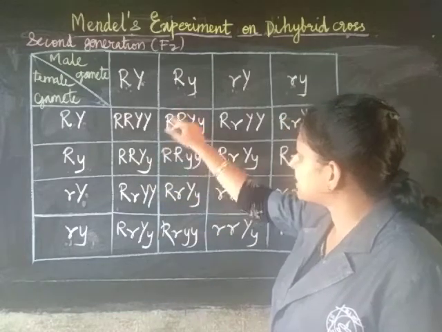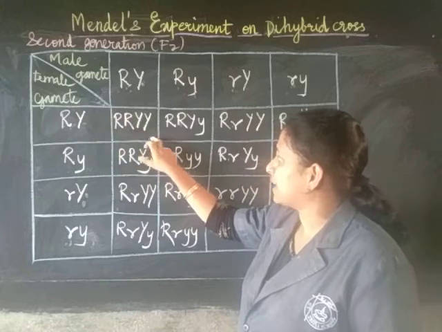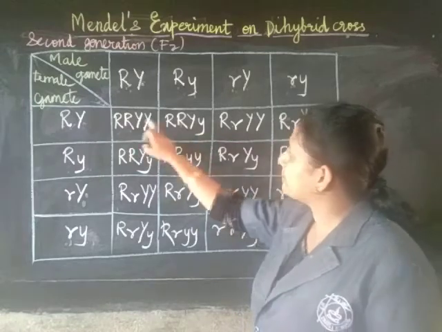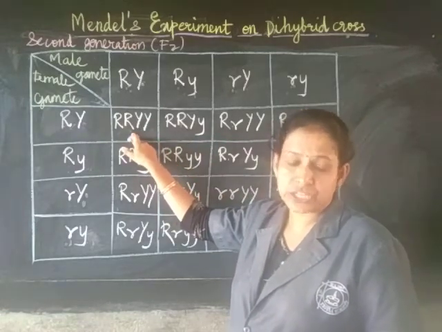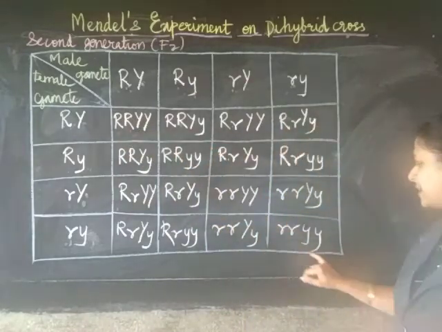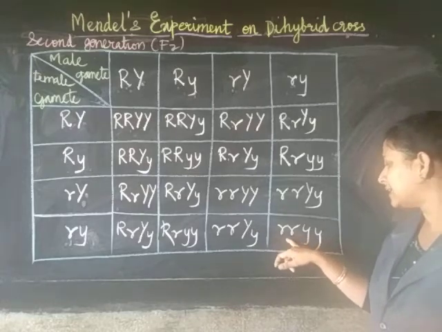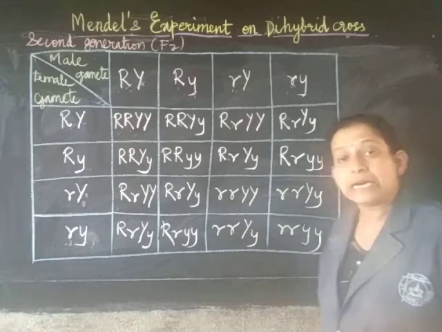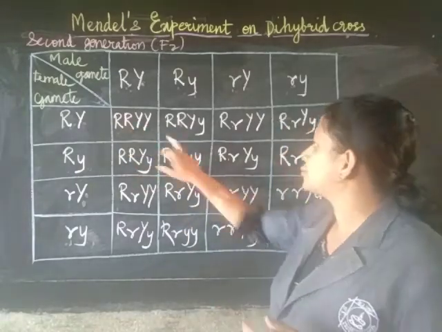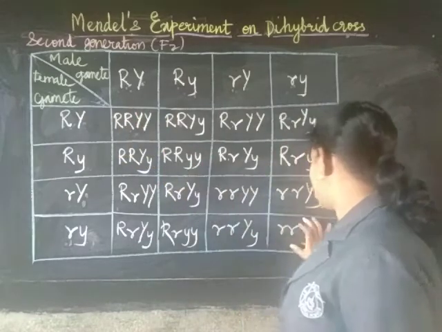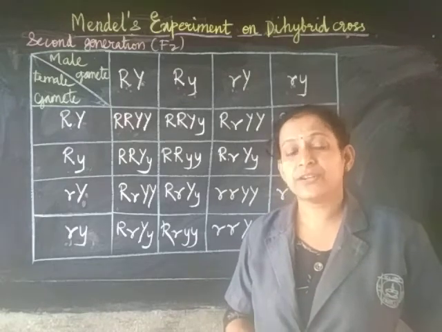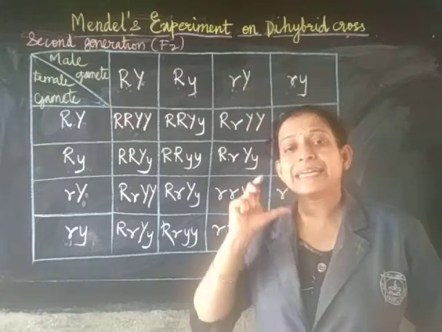Okay, so let us see which is the one. First parental generation P1, capital R, capital Y, capital Y. So I think only one is there, one of the parental generation P1. Whereas the last one, in the last column, you can see is the pure wrinkled and pure green seed. So that means the parental generation P1 was shown how many times? Only one time.